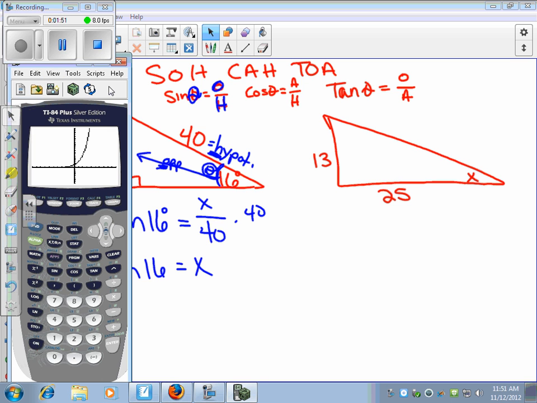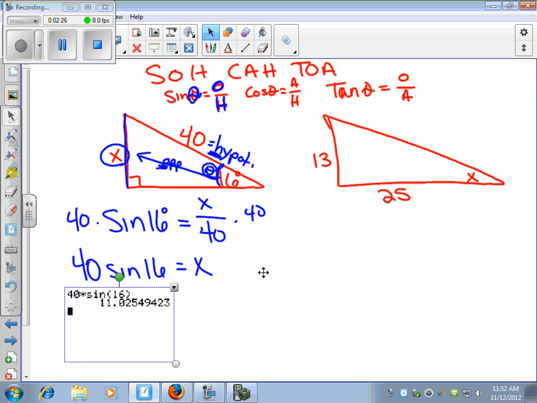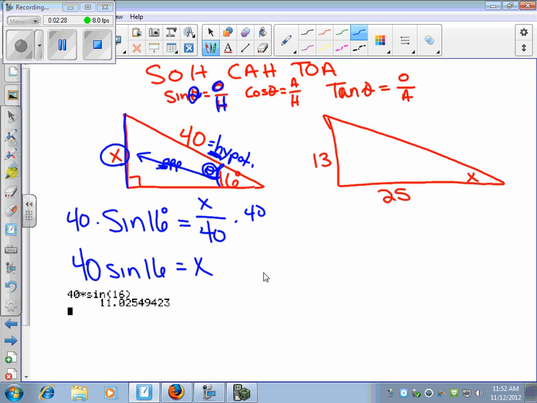So if you look at your calculator here, the first thing that I would do is check my mode by clicking that mode button. And notice how I'm in radians. I'm going to go to that third row, and I'm just going to hit enter on degree. And then I'm going to quit out of mode by hitting second quit. And now I can go ahead and put in 40 times the sine of 16 degrees because I'm in degrees mode. And I'll get my answer, which is 11.02. So now I know x is around 11